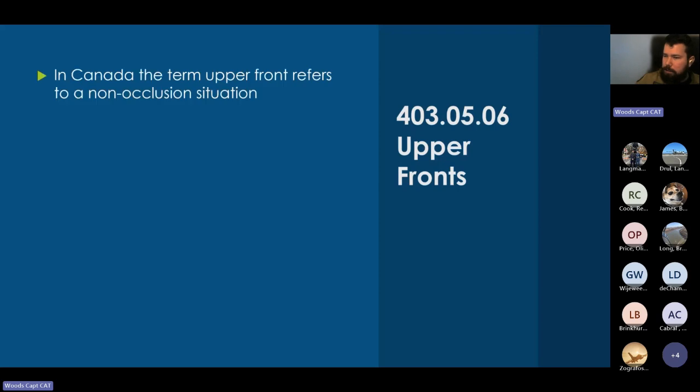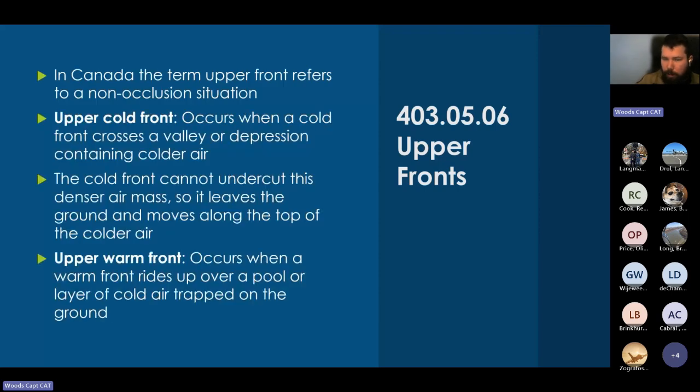All right, next, a little bit of a weird one is something called an upper front. So this is important, it is not an occlusion. An occlusion was the front where we have an air mass that's being pushed up into the air, but that is not an upper front. An upper front is essentially when there's a bit of air that's trapped in an area low to the ground. So for example, in an upper cold front,